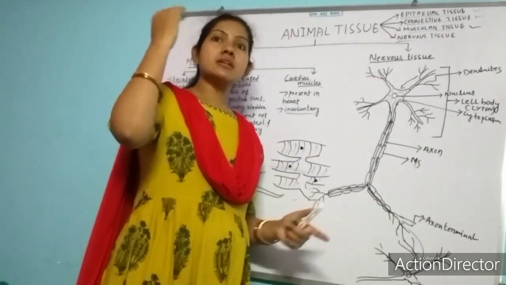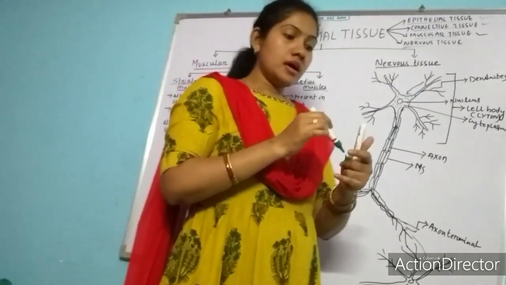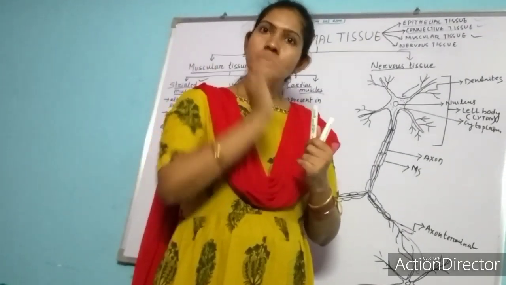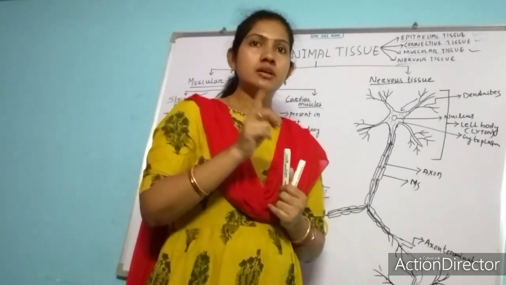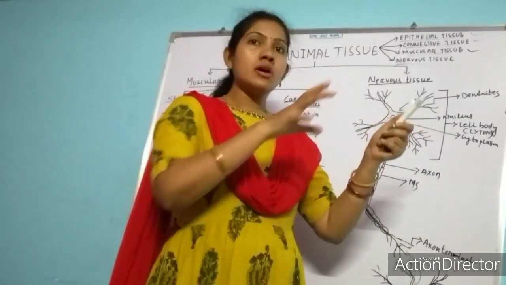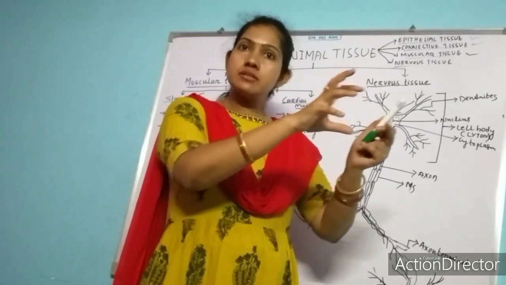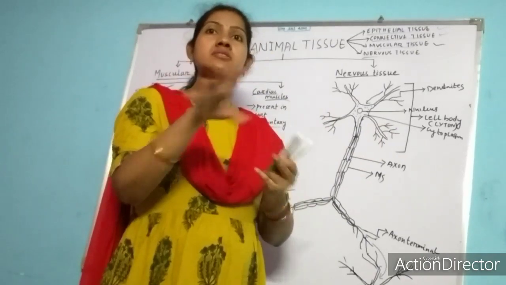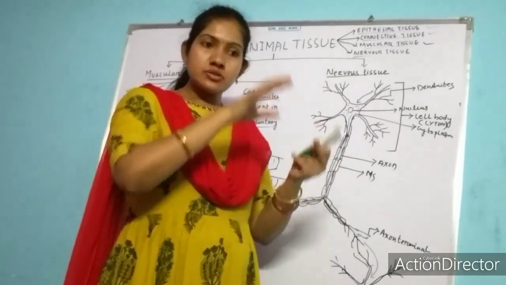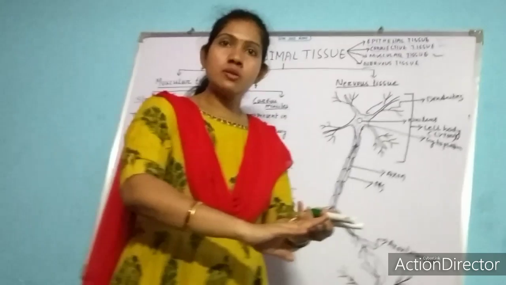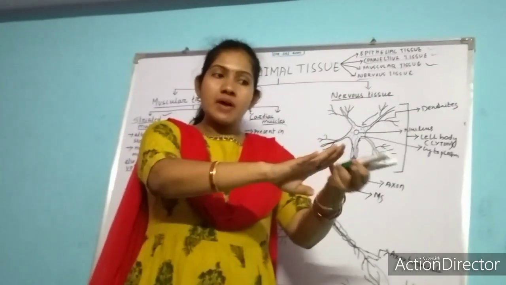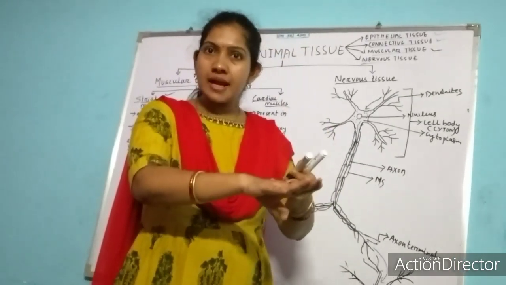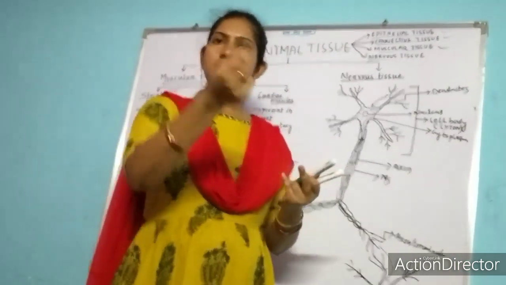Like this it will reach our brain, and when our brain receives the signal, it will command our hand to beat the mosquito. Got it? So nervous tissue works as a receiving part. It receives the signal and sends the message to the brain. Think how fast the conduction is. As soon as we touch a hot object, we take our hand out. It means how fast the sensation is carried to our brain, so that our brain commands our hand to take it out.